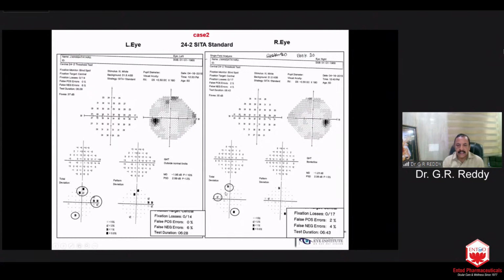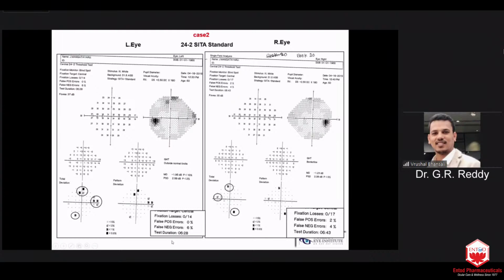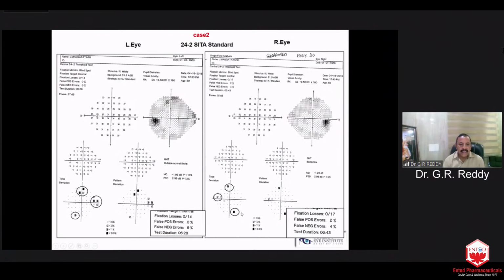This is the corresponding point. This is the temporal scotoma. This is the point, the temporal, and this is the point, temporal. So simultaneously,